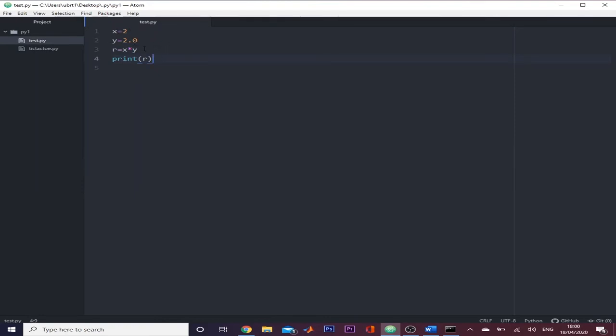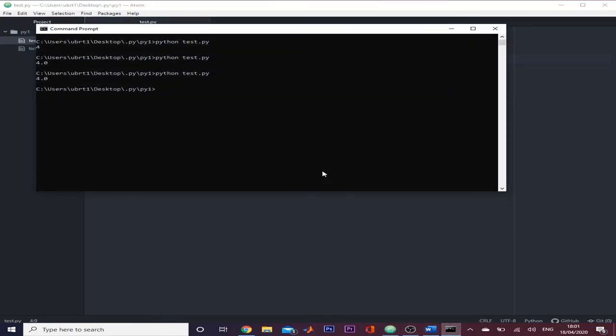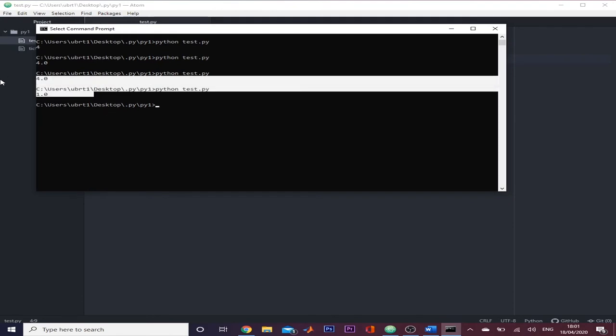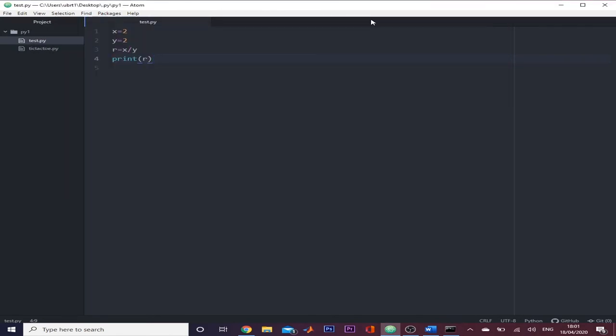But there is a difference for division. If we use the second data type also as an integer, the answer will be float. So for division, our answer will always be a float. It does not depend on our integer types. So here the answer is 1.0. Our answer of division is always a float.